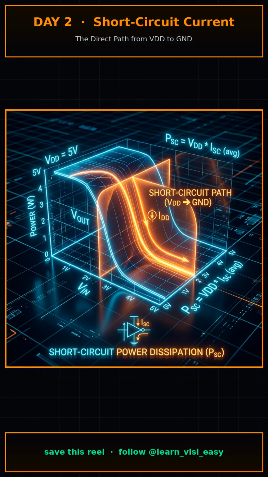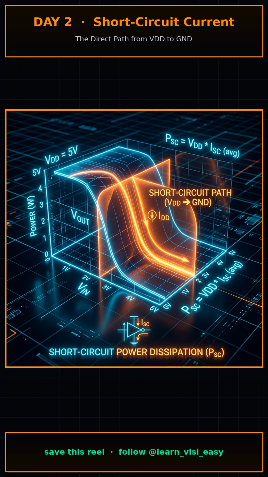Let's look closer at short-circuit power, a phenomenon that becomes severe if your circuit is poorly designed. Imagine an input signal that is transitioning very slowly from 0 to VDD. As it passes through the middle voltages, it exceeds the threshold voltage of the NMOS while remaining far enough below VDD to exceed the threshold of the PMOS. For a brief window, both transistors are simultaneously conducting. This creates a highly undesirable, direct short-circuit path from the power supply straight to ground, bypassing the load capacitance entirely. This wasted current does zero useful work.